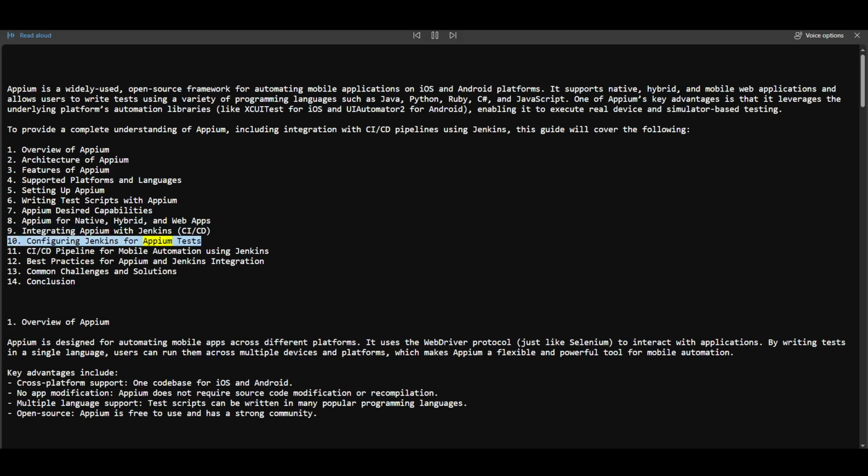10. Configuring Jenkins for Appium tests 11. CI/CD pipeline for mobile automation using Jenkins 12. Best practices for Appium and Jenkins integration 13. Common challenges and solutions 14. Conclusion